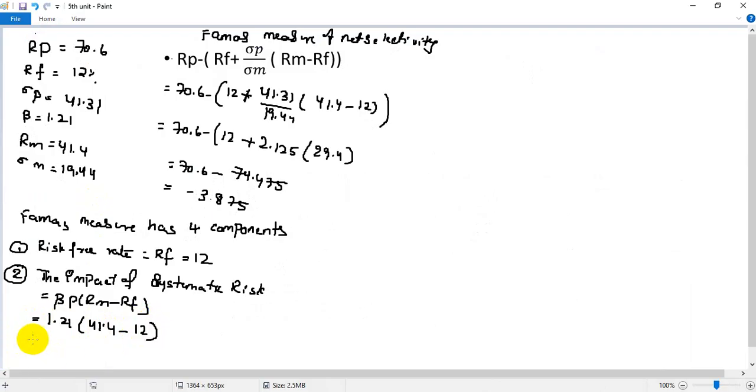So you're going to subtract first: 1.21 into 41.4 minus 12. From above we can see we got 29.4. If you multiply it, you're going to get 32.957. Okay, if you do 1.21 into 29.4, you will get